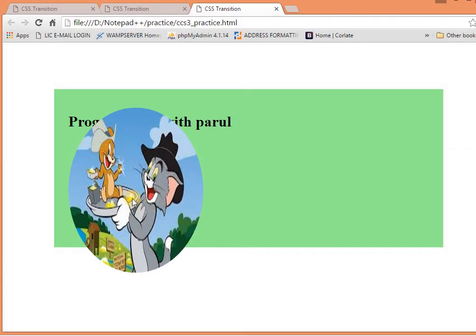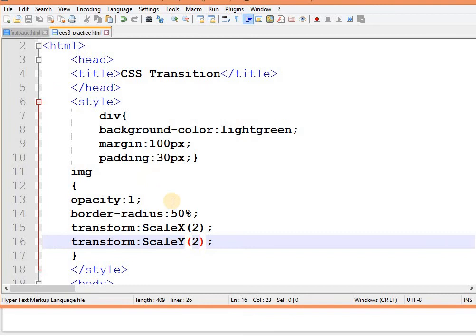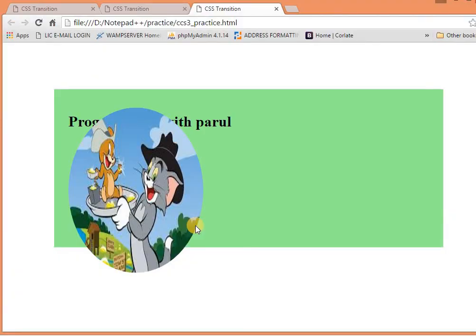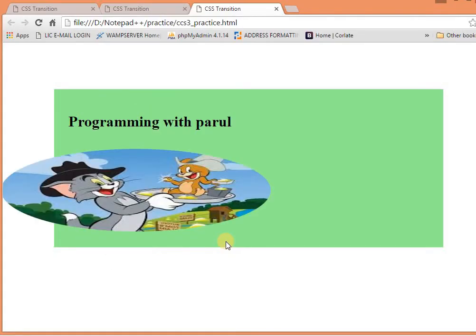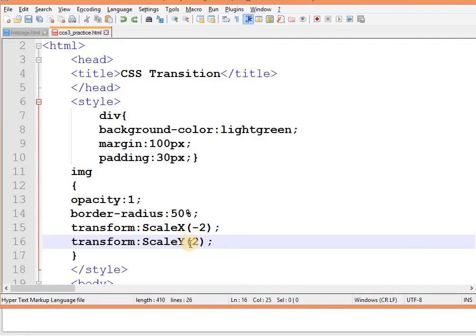Now I just want its reflected image. How can I do that? Here you can see that Jerry is on the left side, and I want it on the right side. So just put a minus here. You can see that now it is on the right side. Here also a minus.